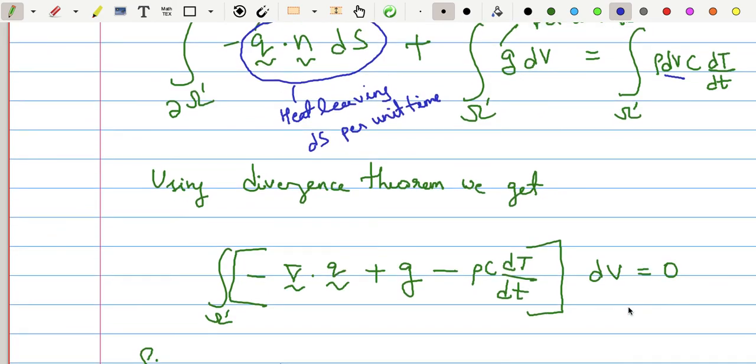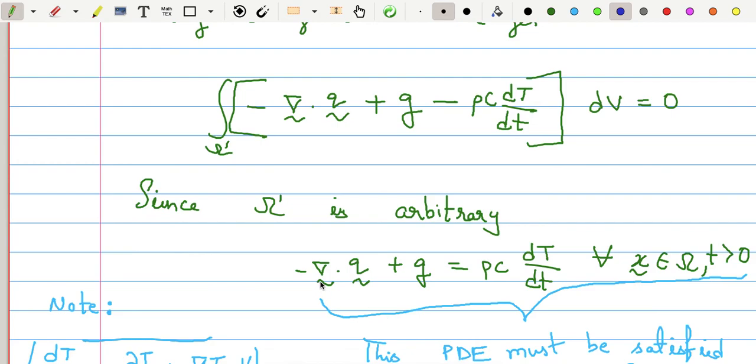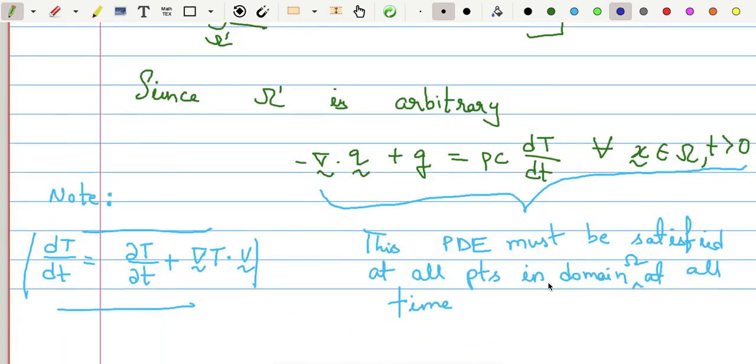equal to 0. And because omega prime is arbitrary, what must be true? Minus divergence of Q plus heat generated per unit volume equals density into specific heat into change in temperature with respect to time. And once again, this equation must be valid for all points in the material at all times. Okay, and so this is the energy balance